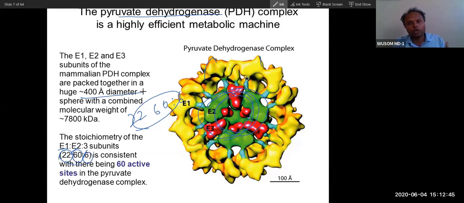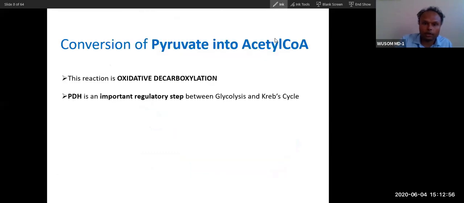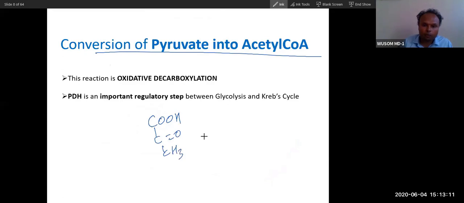I just wanted to give you a concept through this of how an enzyme looks. So this is a highly efficient metabolic machine. Remember this. In a very fast way it converts pyruvate into acetyl coenzyme A. So the conversion of pyruvate to acetyl coenzyme A is an oxidative decarboxylation. This is pyruvate. Now pyruvate will lose carbon dioxide and